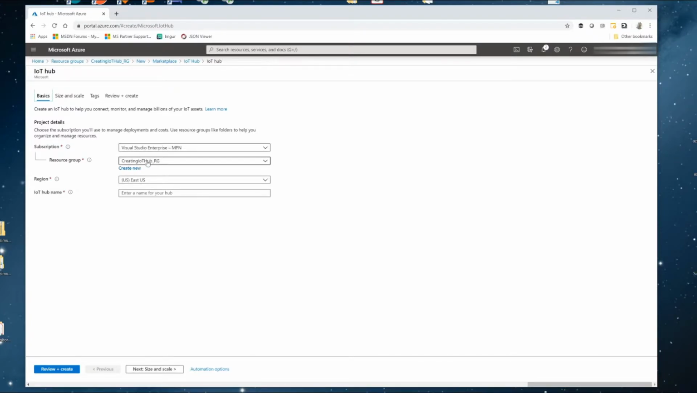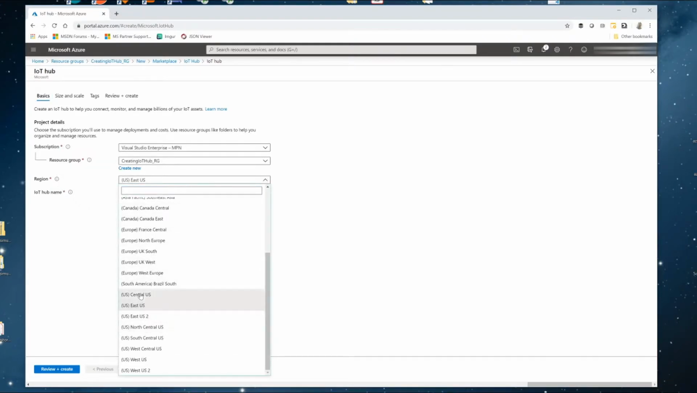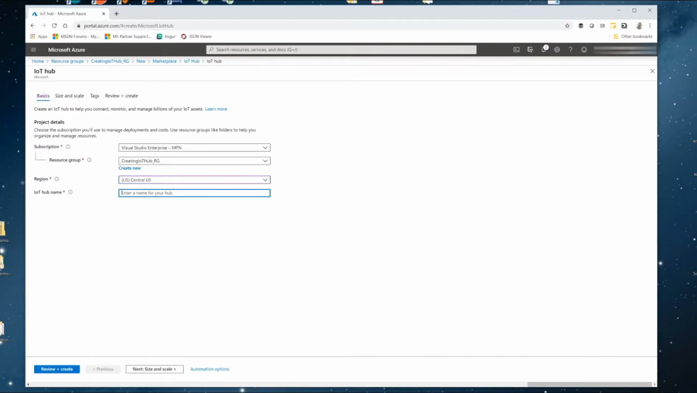You can also create a new resource group right from here, but since we already created one, just select the Creating IoT Hub _RG resource group. The region should be the closest region to your location. Again, in my case, this is Central US. And finally, you need to give your hub a name. I entered Creating Test IoT Hub as the IoT Hub name. Once you've entered this information, you can click the Next button to go to the next page that allows you